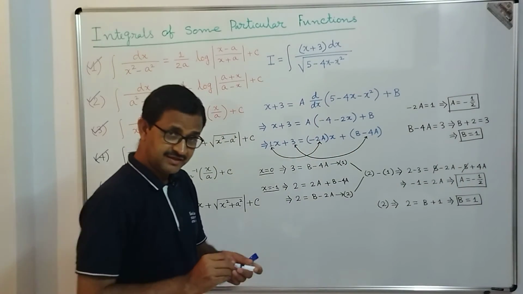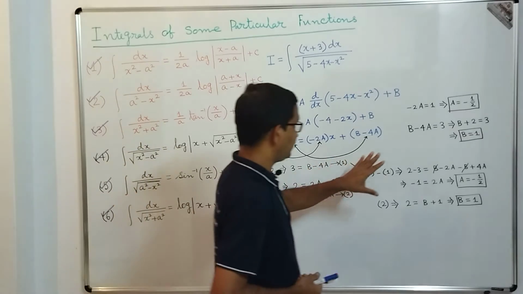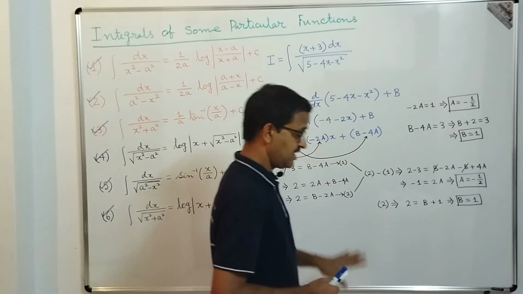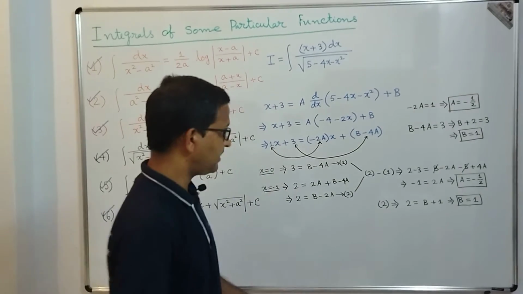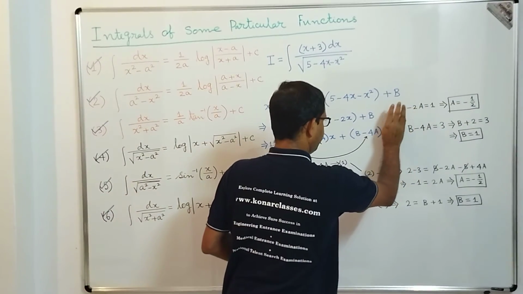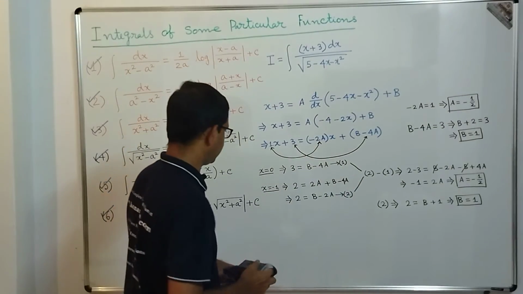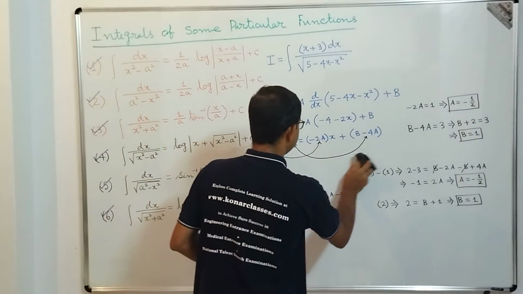But in the exam, you need not find the values of a and b in different ways. I showed you that there are two ways you can do it, but in the exam you can just take any approach. In fact, I will prefer this approach, equating the coefficients. Done. After that what we get, dear students?